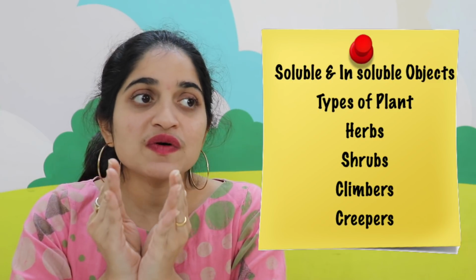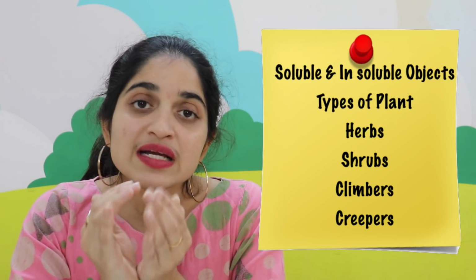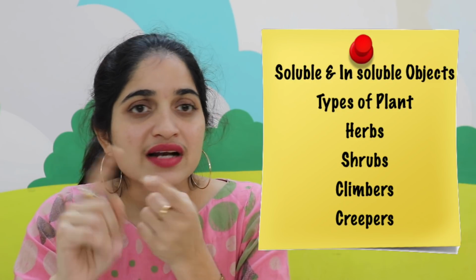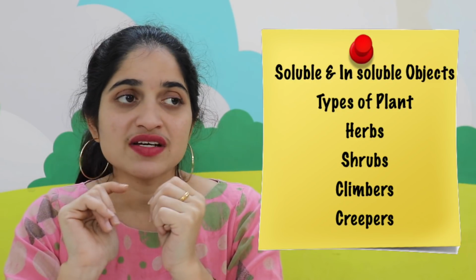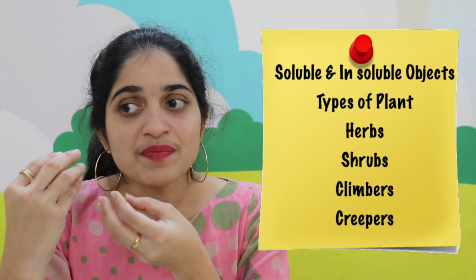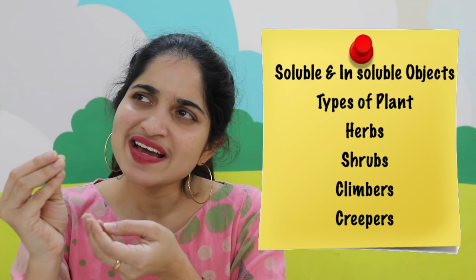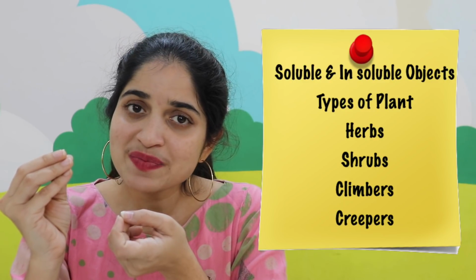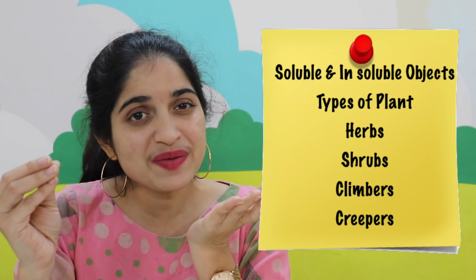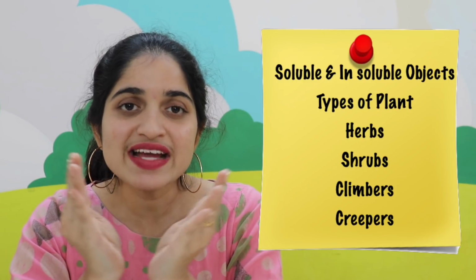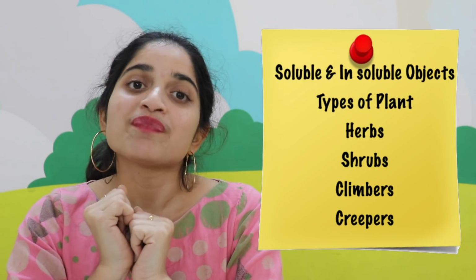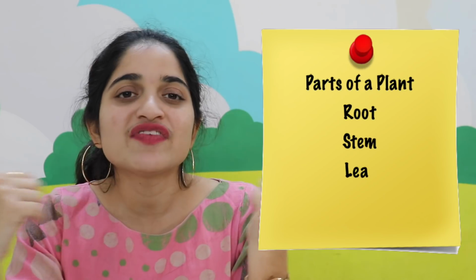They should know at least 3 to 4 types of plants. For example, climbers, creepers, herbs and shrubs. And whenever they go and see a plant, and when you ask them what is the type of this plant, they should be able to say, yes, this is a climber, maybe this is a creeper. So they should be able to say and distinguish the types of plants,